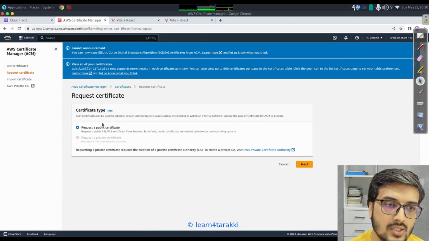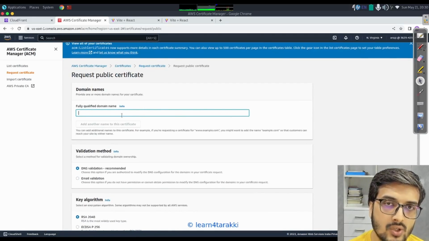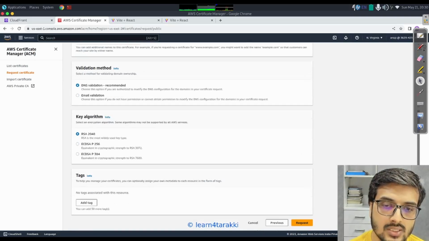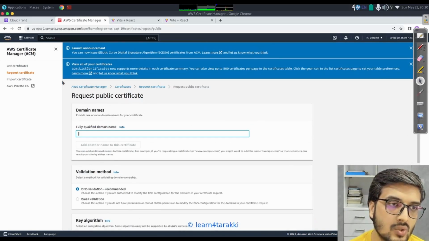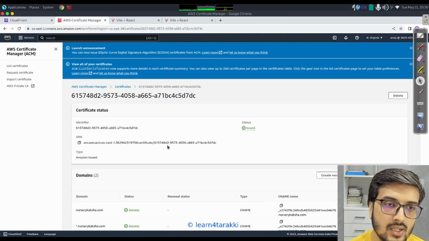Click on request a certificate, request a public certificate, and here you have to type in the domain name, whichever domain you have with you. Type in the domain name and then click on the request button. To take you to the already created one, this is the one that I had created. We have the domain name